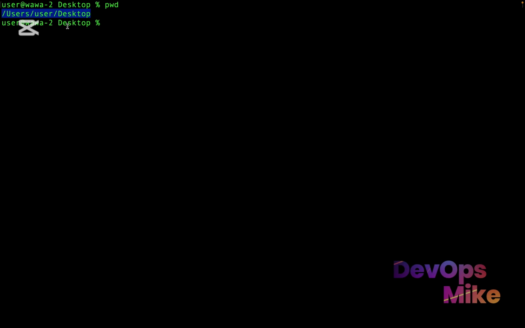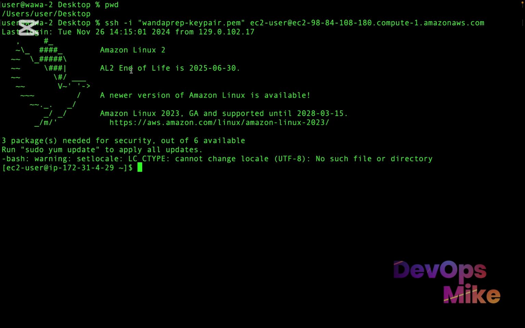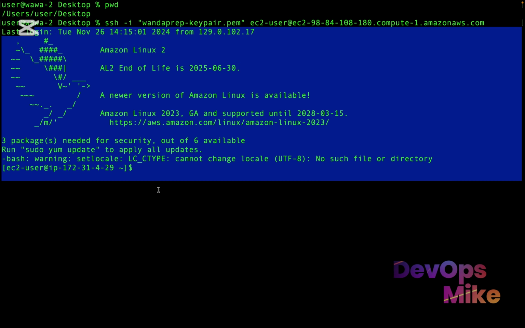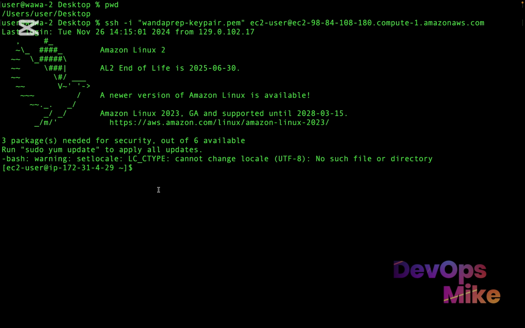I'll be running the ssh command here on my desktop, which has my key pair. So I'll paste the command to ssh to my Maven server. Once I hit enter, it'll give me the configuration to SSH into my Maven server. So once I SSH into my Maven server, all I need to do is to cd into practice project, or